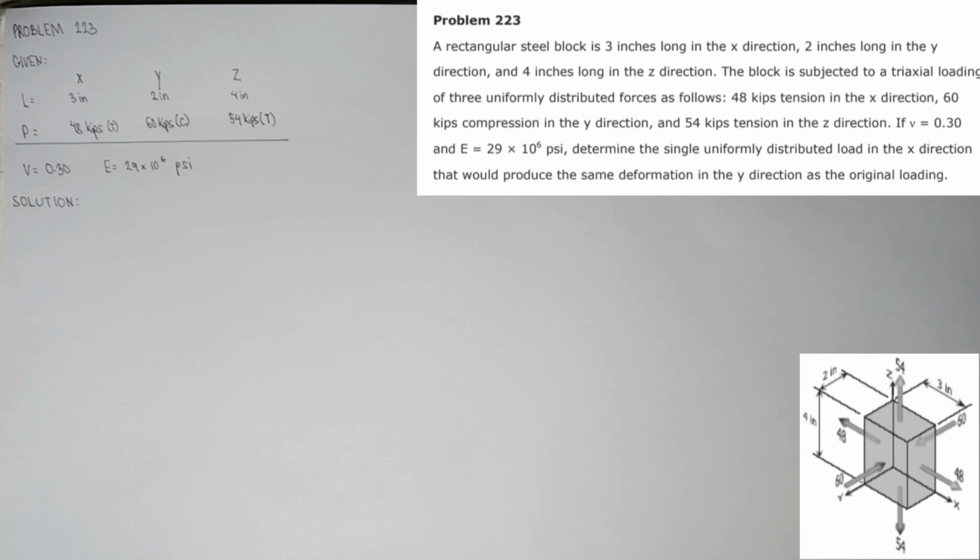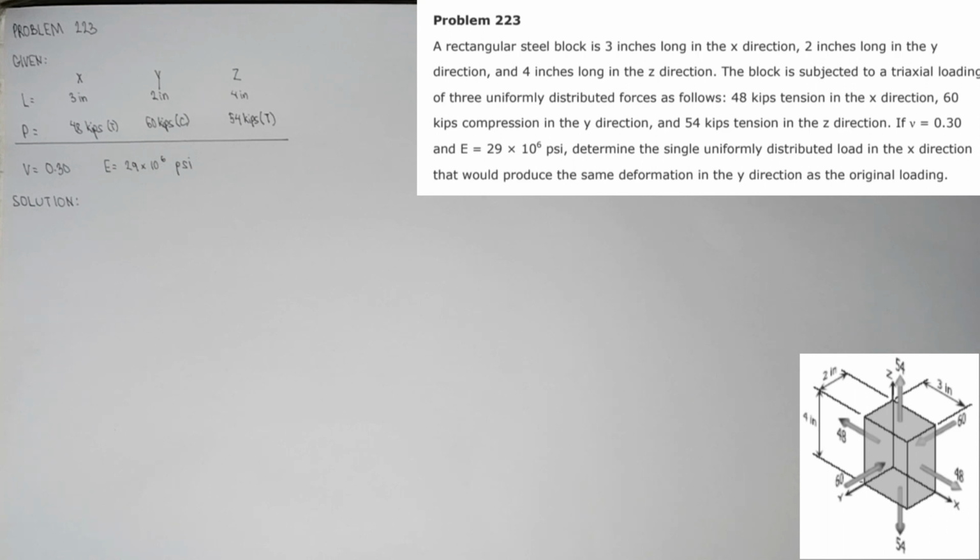The block is subjected to a triaxial loading of 3 uniformly distributed forces as follows: 48 kips tension in the x direction, 60 kips compression in the y direction, and 54 kips tension in the z direction. If v, the Poisson's ratio, is equal to 0.30 and E, the modulus of elasticity, is equal to 29 times 10 raised to 6 psi,